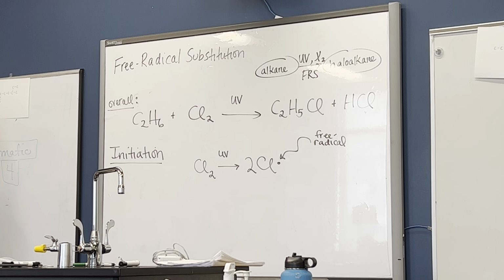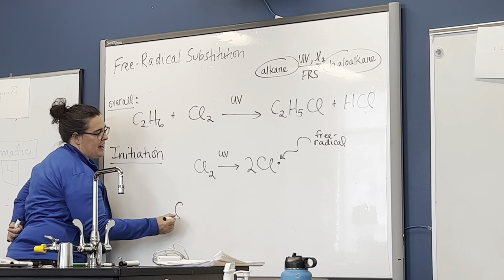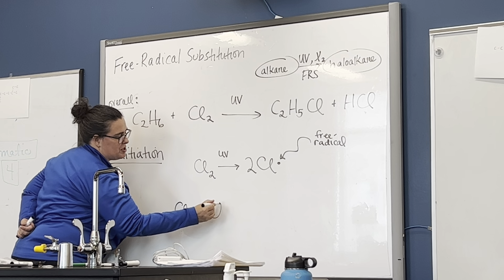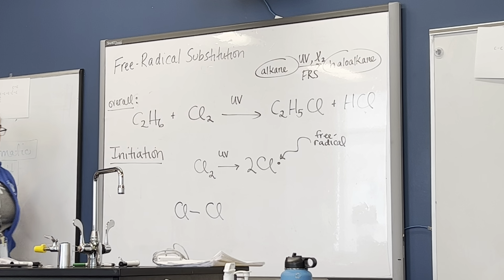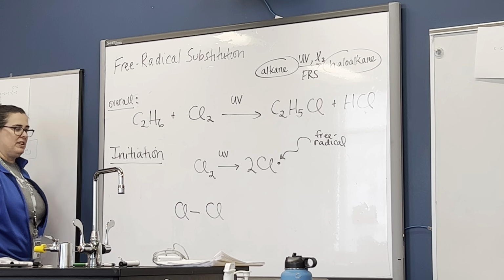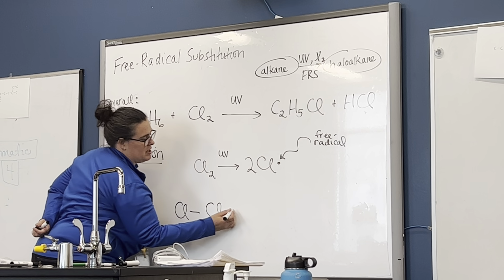We don't like free. Another way of drawing this that will also get you the marks, but is more complicated, is to actually consider a little bit more of the structure. So here I am showing you not quite a Lewis structure, but you can draw it as a Lewis structure with a single bond in between the two chlorines. How many electrons are in that single bond? And what I'm going to show you is that the two electrons